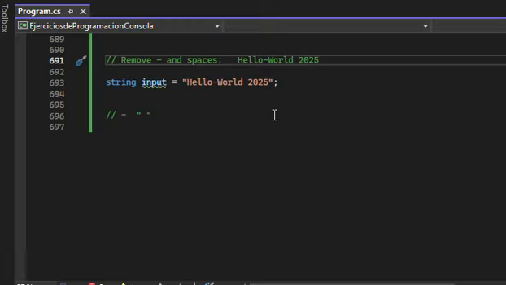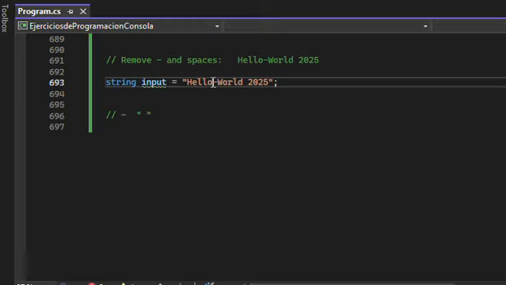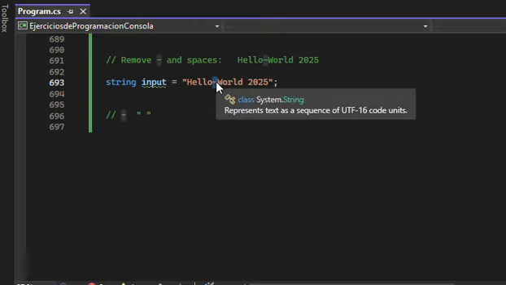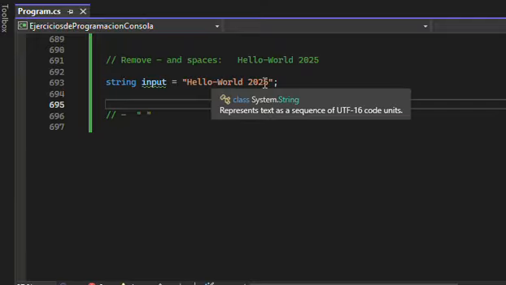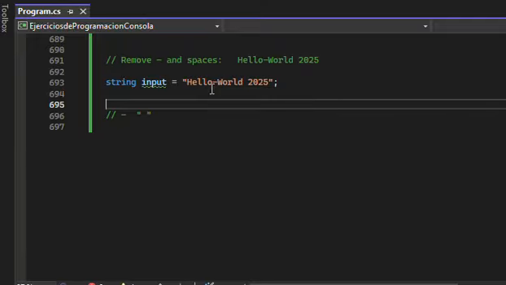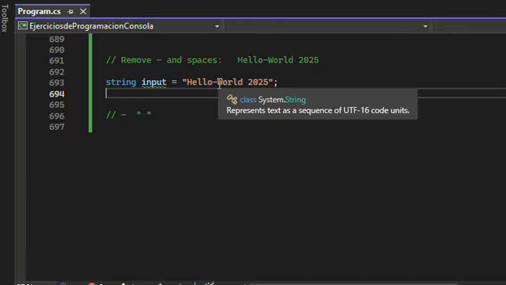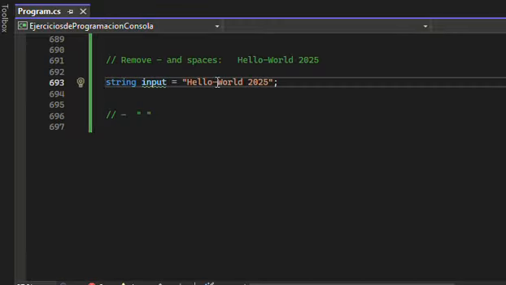All right, so for this algorithm, they want us to get rid of this dash and the space. So basically, hello world 2025, like separate. So in order to do that, we need to have an array of separators. It could be something like, I mean, if they don't want us to have a dash and also, let's say